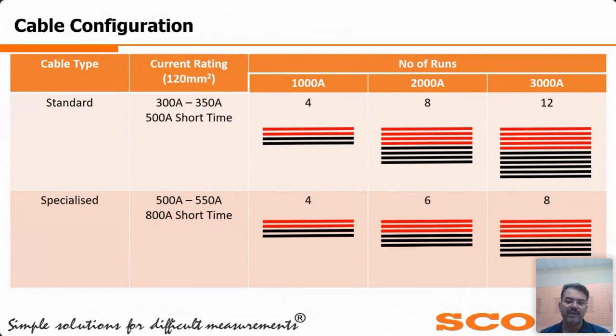And similarly for 3000 ampere, we can reduce the number of cables. Only 4 cables are required for going up and 4 cables for coming down, so a total of 8 cables we require. In this way, we are reducing the number of cables. So the total length of the cable, whatever we require, next slide,